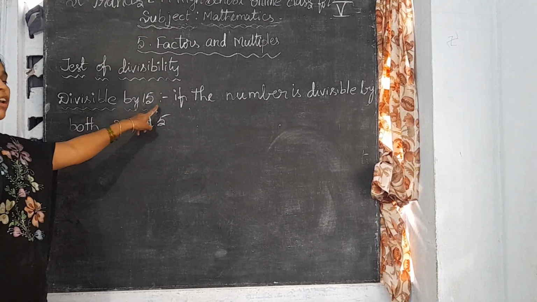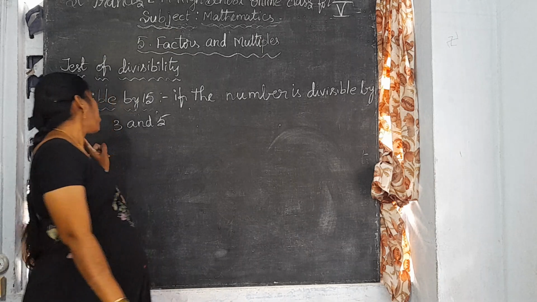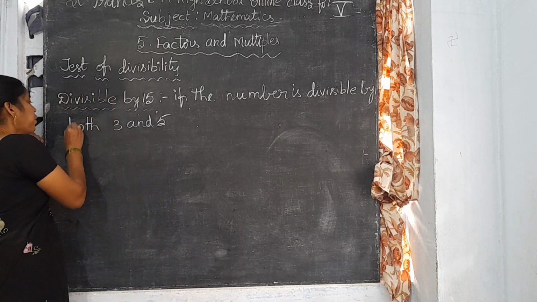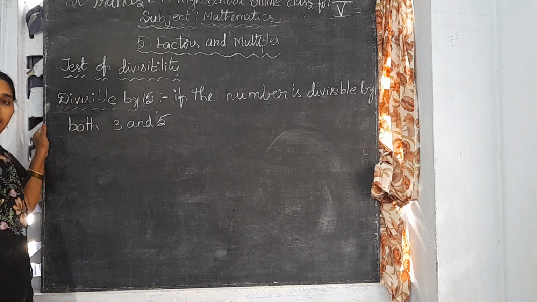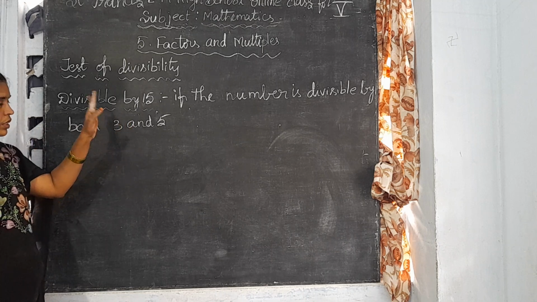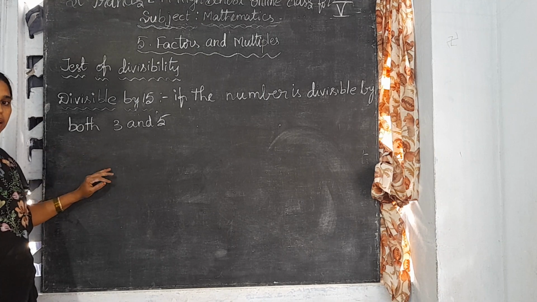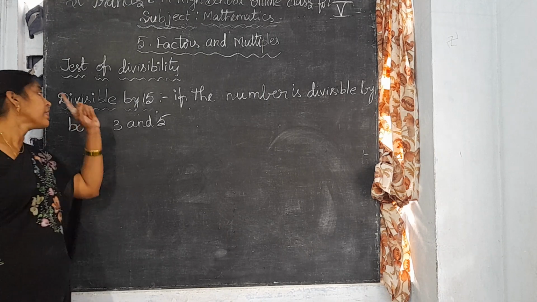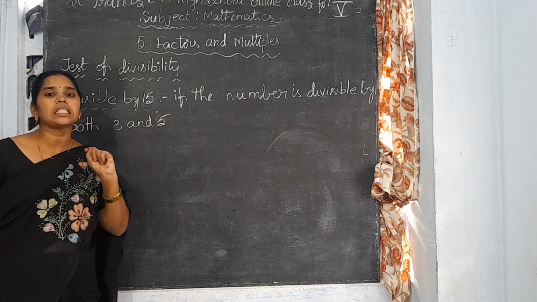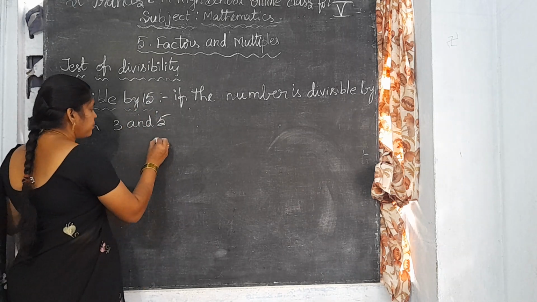Divisible by 15: if the number is divisible by both 3 and 5, then the number is divisible by 15, because 3 times 5 is 15. Same as 6 and 12. Any number you take must be divisible by 3 and 5, then only it is divisible by 15. Okay, children? For example,